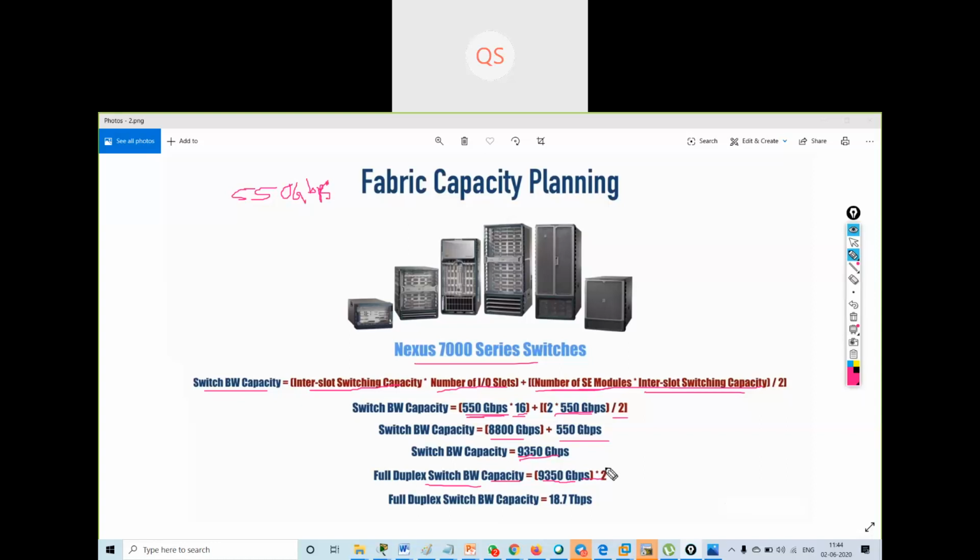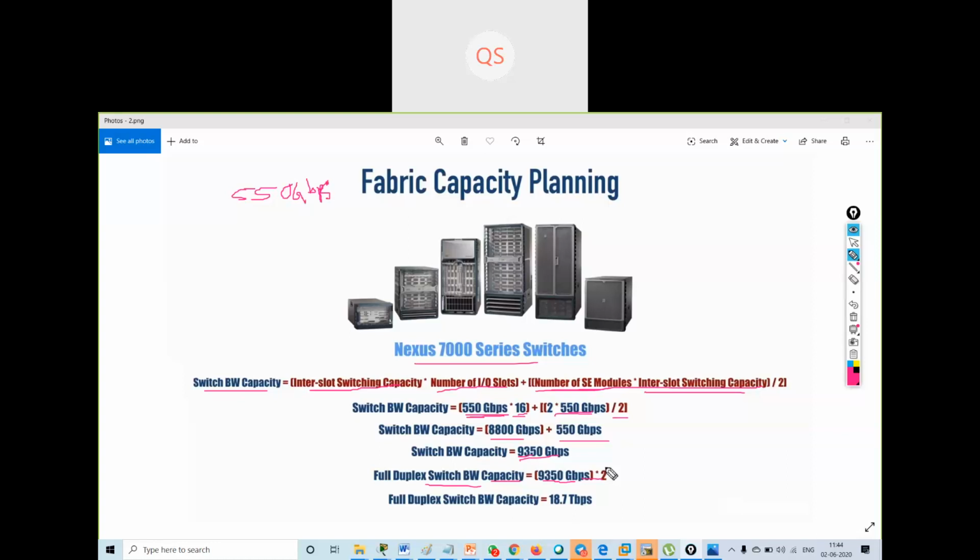Because in full duplex we are transmitting and receiving simultaneously, so we have to take this number and multiply it by 2. So how much did I get? I got 18.7 terabytes per second for this particular model of spine switch. Understood?